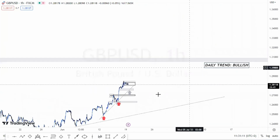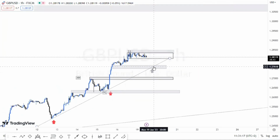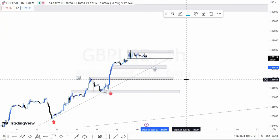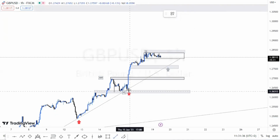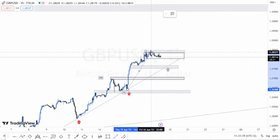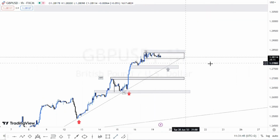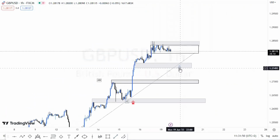And I really think you should be paying attention. I'm not going to say do not take the sells as soon as this level is broken. But if you take the sells, be very cautious, right? Be very cautious. Take your profits as soon as possible. Price might not even reach the higher low because there's going to be enough liquidity from the sellers right here, right? So that's how I'll be looking at the market this week. You might also have this in your analysis saying, okay, this line has been broken, but honestly, it really doesn't mean much, right? So yeah, keep your eyes open, watch what price does when it gets to this